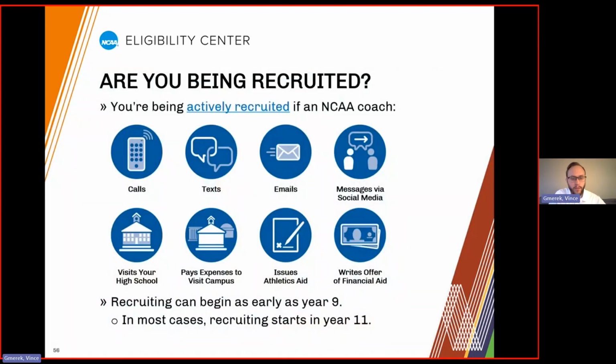All right, so now we're going to talk briefly about recruiting. Very important broadly to understand that recruiting is managed directly by NCAA schools, and it is generally not possible for students to violate any recruiting rules. So what that means is that if you have questions about recruiting, you can always reach out directly to any NCAA school you are wishing to attend, and they can directly answer your questions. If anybody's responsible for following recruiting rules, it's the NCAA schools themselves. So like I said, you're never at risk of asking the wrong question or asking it at the wrong time. If you have any specific questions about any of these issues, please reach out to the NCAA schools you're interested in attending, and they can answer those directly for you.